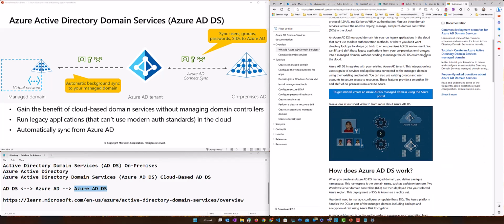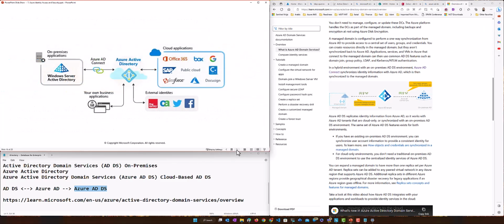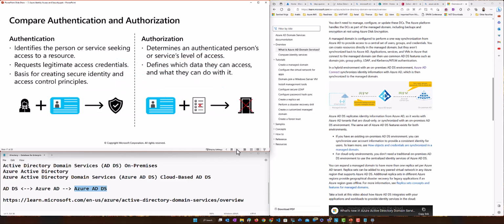It talks about some other things as well. See, Azure ADDS integrates with your existing Azure AD tenant. It's talking about this part. And as I mentioned yesterday, this is on premises, and with AD Connect you synchronized all the information. We discussed this part yesterday, and the cloud applications, all the SaaS applications, can go over here, authenticate against this, and you can use them. We discussed this part. I don't want to go over this one today.